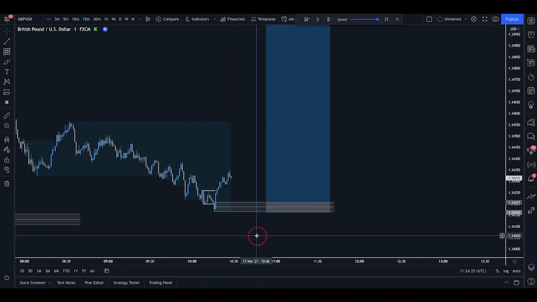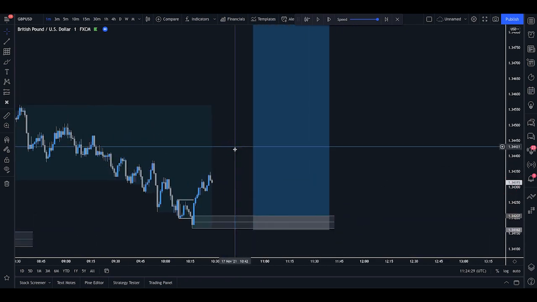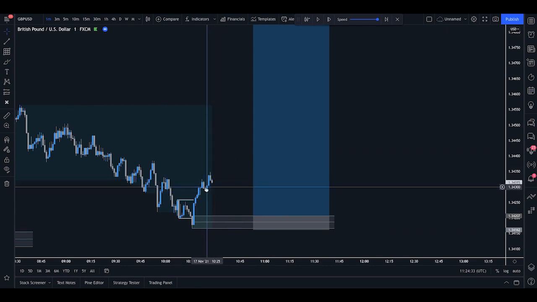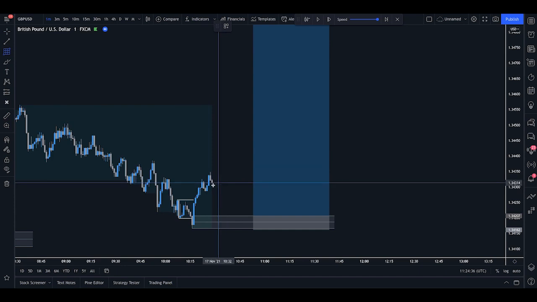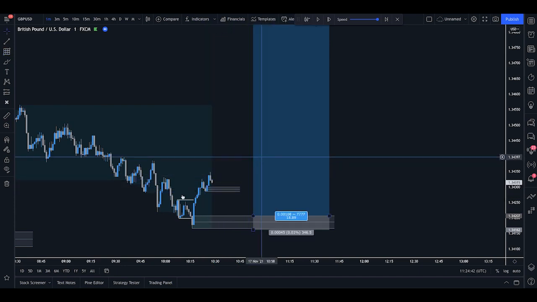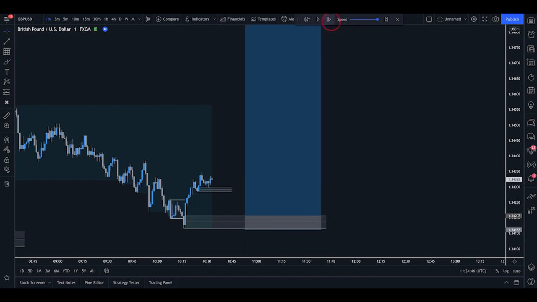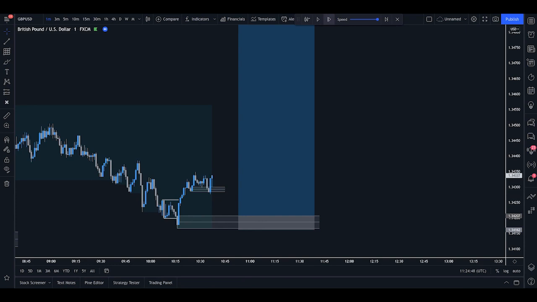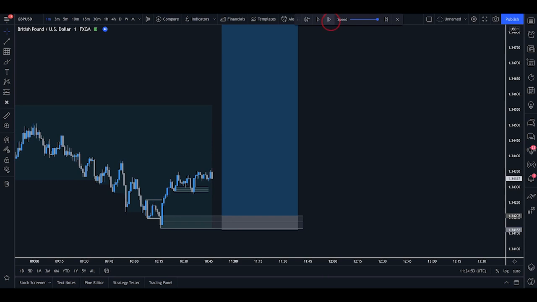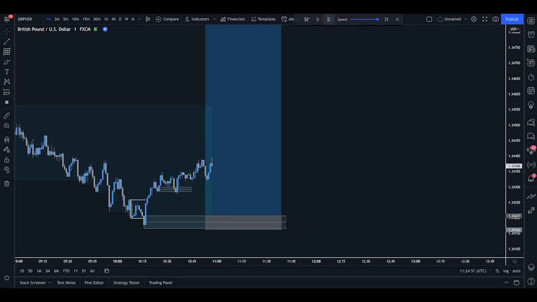So in this example, it looks as though we are not going to react to that zone. We don't need to be too hasty, but what I can see here is we've now broken this structure point as well, and that was using this zone. So this is the zone that broke structure, pushing out of that zone. So you could potentially use an order here, but due to the imbalance below, I probably would opt not to do that for this example. As we can see, we've had a push through,